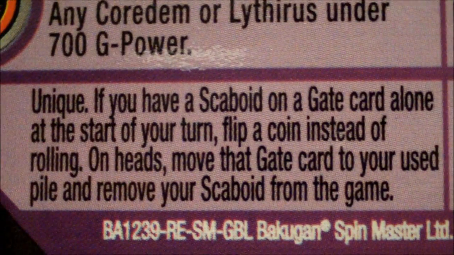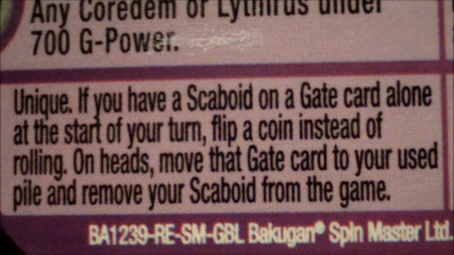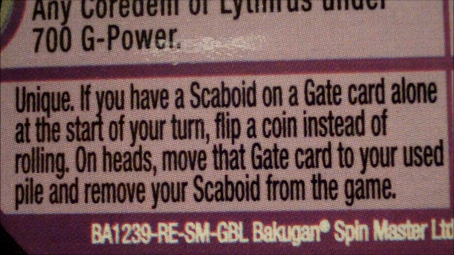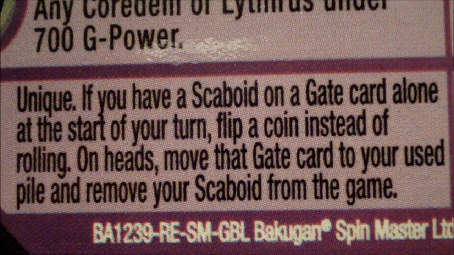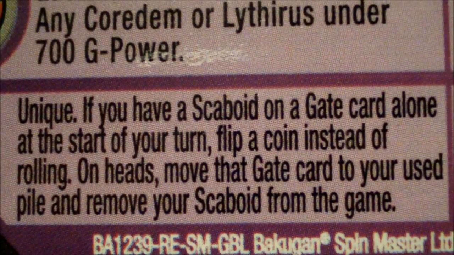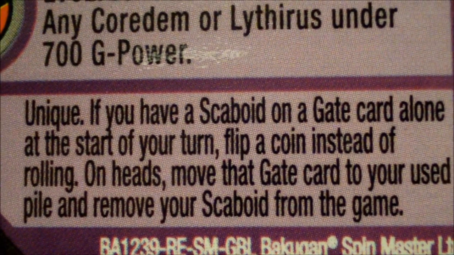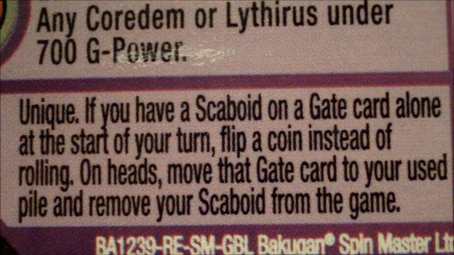Unique ability, if you have a Scaboid on a gate card alone at the start of your turn, flip a coin instead of rolling. On heads, move that gate card to your use pile and remove your Scaboid from the game. So you can't leave Scaboid alone very long, because if he's alone and it's your turn, you get to flip a coin, and on heads, you automatically win that gate card. You do have to remove Scaboid from the game, but again, since he can't enter the game until power level